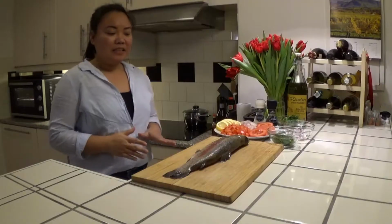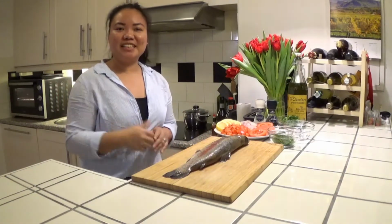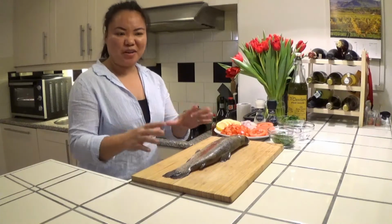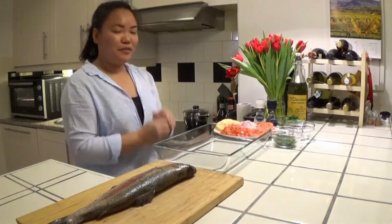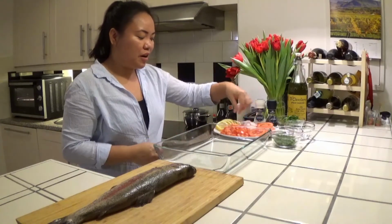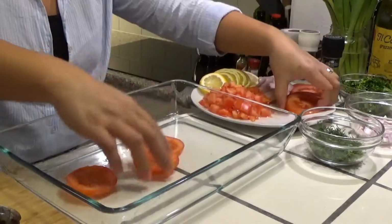So yeah, this dish is under 40 minutes, so it's just so fast. We have our oven preheated to 180 degrees, and now what we can do is mix our ingredients together. We have a pan here. First we need to put our potatoes and our onions and lemon. First we have to put in our tomatoes, then